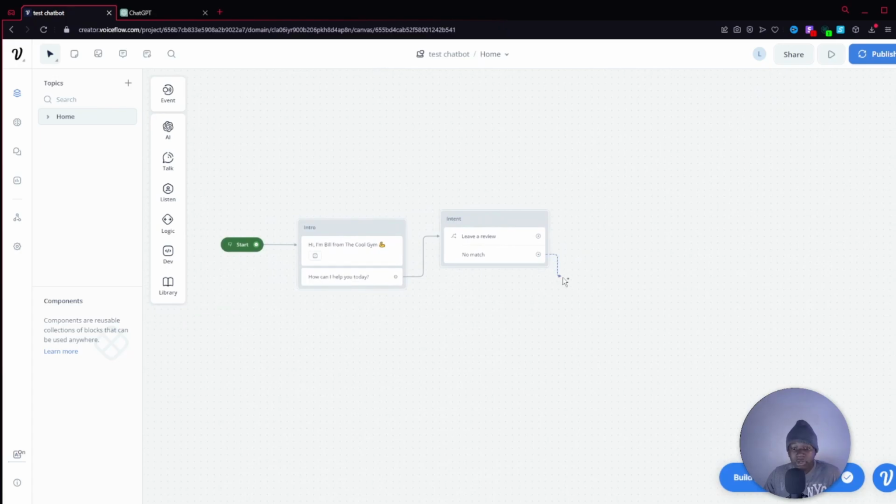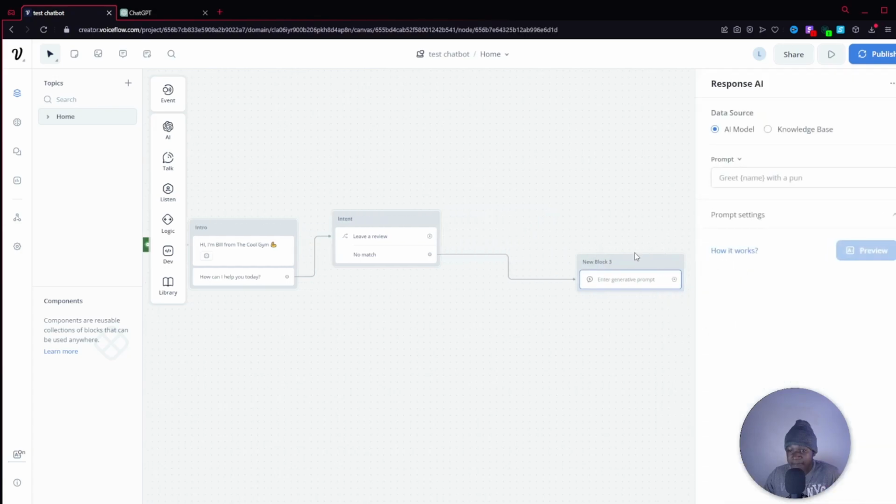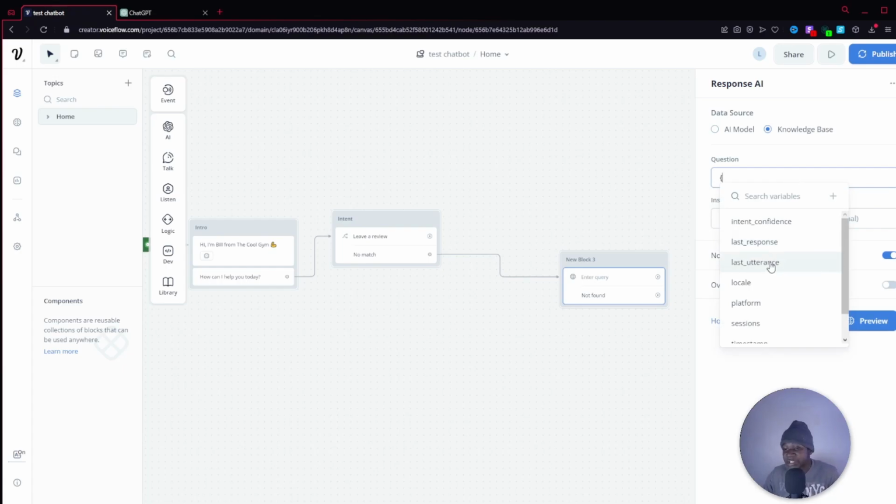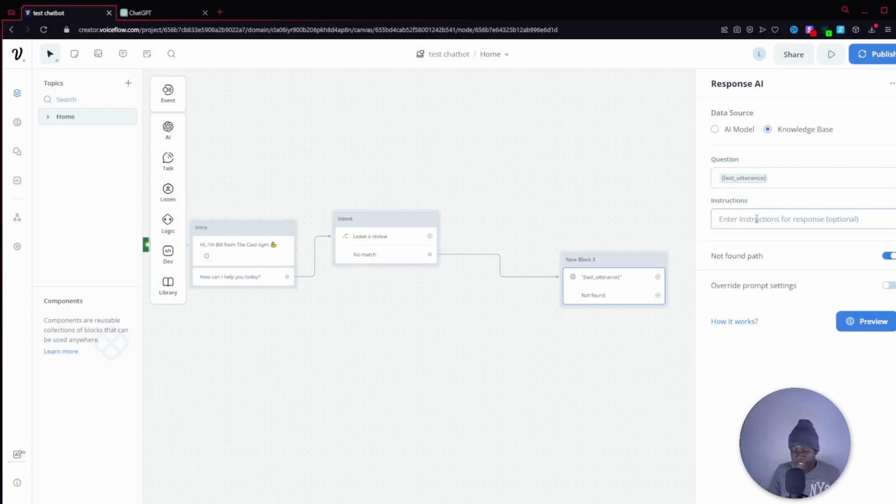So what you want to do is drag this node out to a new node. Then we want to go to AI and response AI, just here, and we want the AI to answer from the knowledge base, which we will be updating later. Type in the variable last utterance, the question, right? Last utterance is essentially a variable that collects the last thing that the user typed. So if the last thing that the user typed was a question, the AI is going to pick up on that, and the instructions you want to give it is answer the